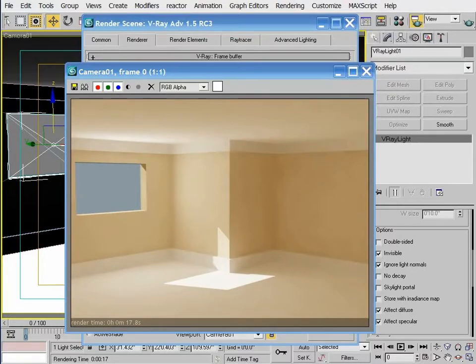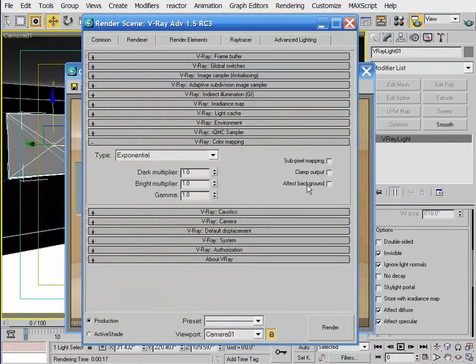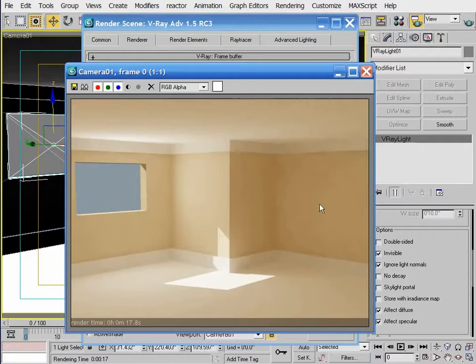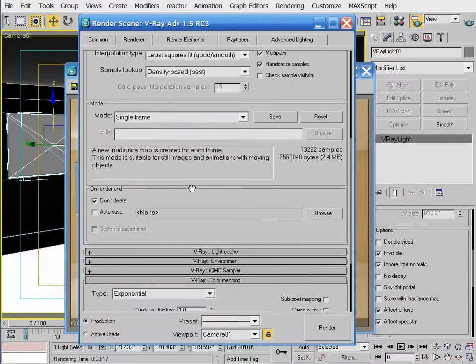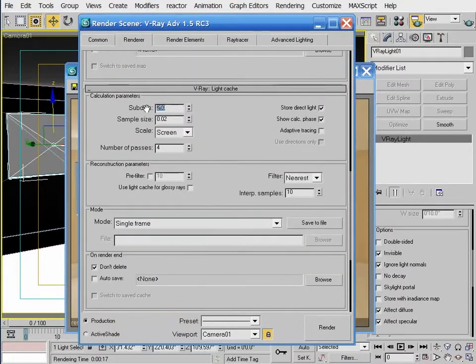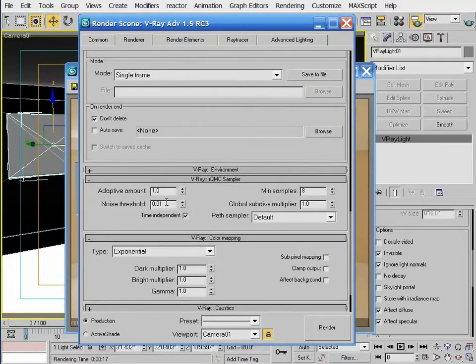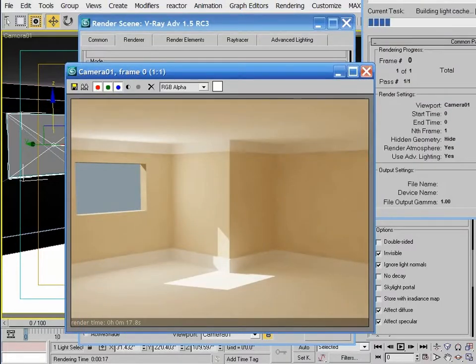Much better results, much more aesthetic appearance to this image. But I want to make a few more adjustments. First, I don't want the exponential color mapping I'm using to affect the background color, so I'll disable the Affect Background option in the color mapping rollout. Lastly, I want to increase the GI quality, so for the radiance map I'll use a medium quality preset, and for light cache I'll use 500 subdivisions. And in the QMC sampler, I'll cut the noise threshold in half and bring it down to a value of 0.005. When I render with these settings,